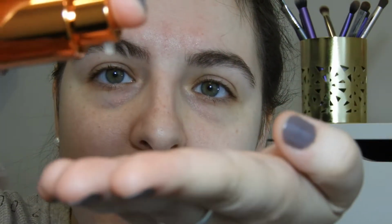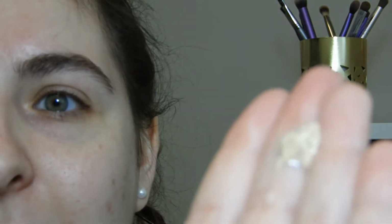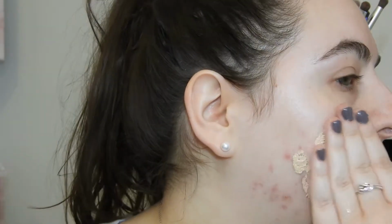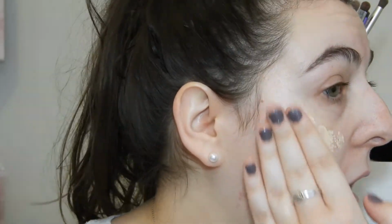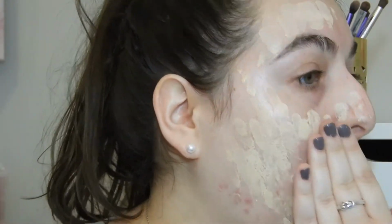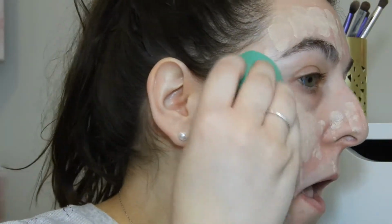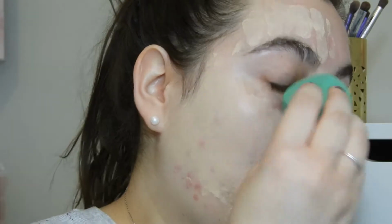Let's get into it. So the thing is, with this foundation, it is very liquidy, it is very runny. So how I do it is just like this. I don't know if you can see, but it's quite oily and runny. So I find that the first time I applied it, I just put it everywhere on this side of my face. And I will show you, this is one pump covering half my face. So then when I take the sponge and blend it out,